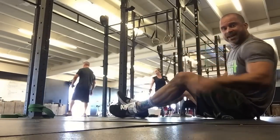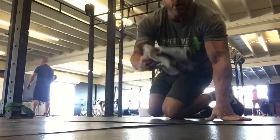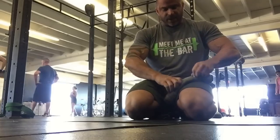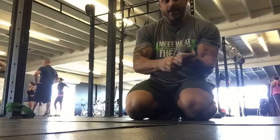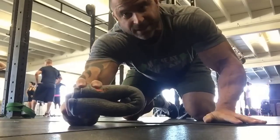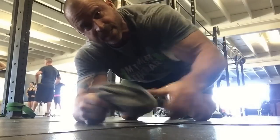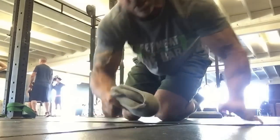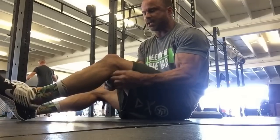Number 3 is the cool one. We get to adjust the knee. And what I'm going to use, you can use anything. So I'm going to use knee sleeves. It's that easy. So you're going to take a knee sleeve, you're going to roll it up into essentially anything this big. So that looked terrible, by the way, don't even say it. So we're going to roll it into anything about like this, and you're going to tuck it in behind the knee. You can use a towel, anything, and I'm going to show you how to set the knee, and it's so friggin' easy. So you take this, tuck it in behind the knee, real tight,